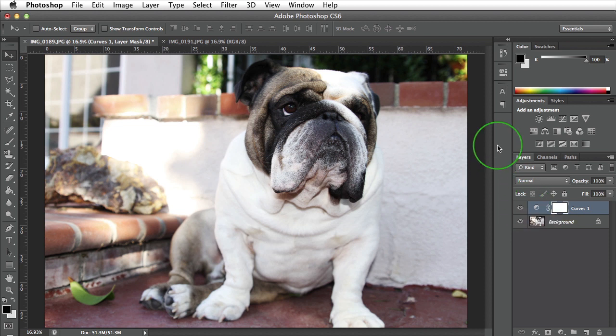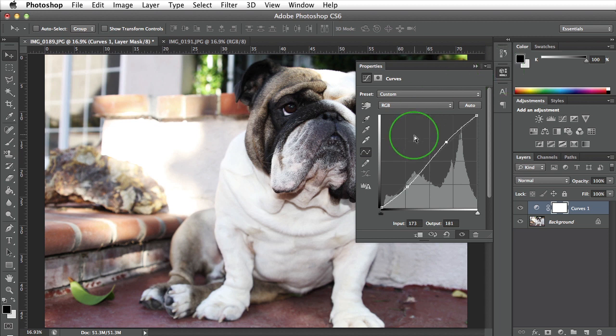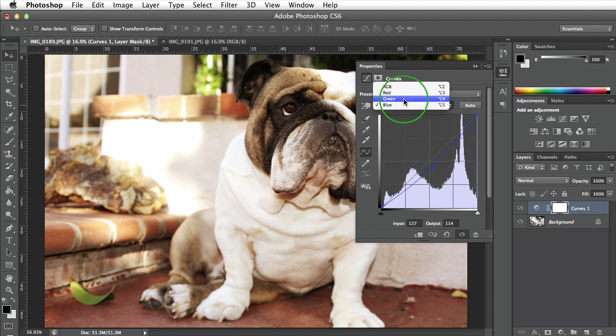Curves can also be used to adjust color. I'll open up the properties here, and I'll go ahead and switch. Right now we're looking at the RGB values of this image, which mean all the colors within the image. I can switch just to the red, so if I wanted to increase red in the midtones, I can click here and drag this up. You notice that the image has all of a sudden gotten extremely red. If I go ahead and come back over here to the blue, and I pull the blue down, and maybe increase the green,